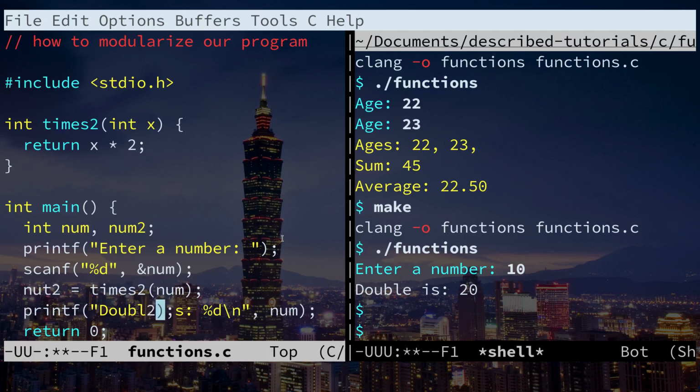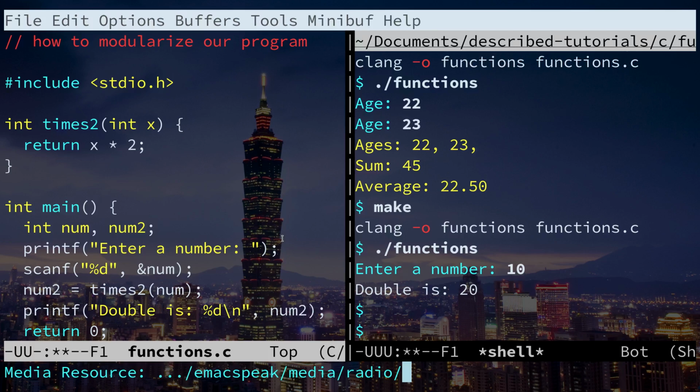Okay, and we're going to add 2. If you're ever having any problems, you accidentally open a menu, you don't need to. Control G is quit in Emacs. Okay, so let's read this line. Indent to printf("Double is: %d\n", num2); semicolon. Okay, so now we're printing